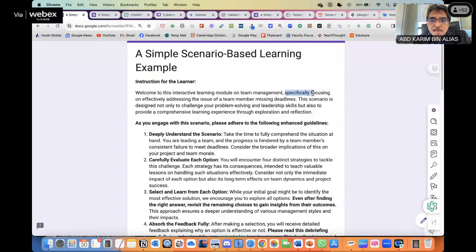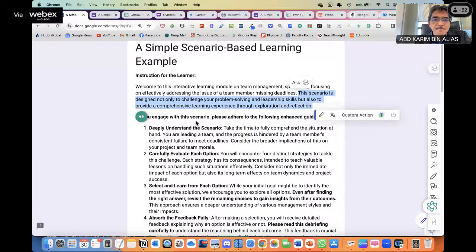In this case, specifically focusing on effectively addressing the issue of a team member missing deadlines. So this is actually for an HR, human resource kind of problem. This scenario is designed not only to challenge your problem-solving and leadership skills, but also to provide a comprehensive learning experience through exploration and reflection.